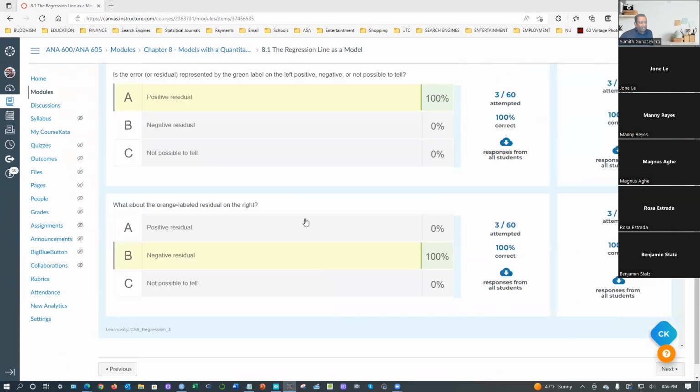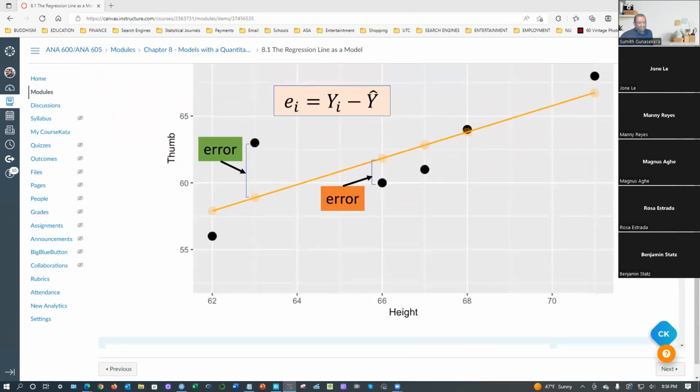Not for us. This is for someone, the seventh person who's going to be added to this. By measuring the height, we can estimate his thumb length. That's why we really need that. This is a model. We are building a model. By looking at the height of that particular person, you can simply estimate by plugging into this.